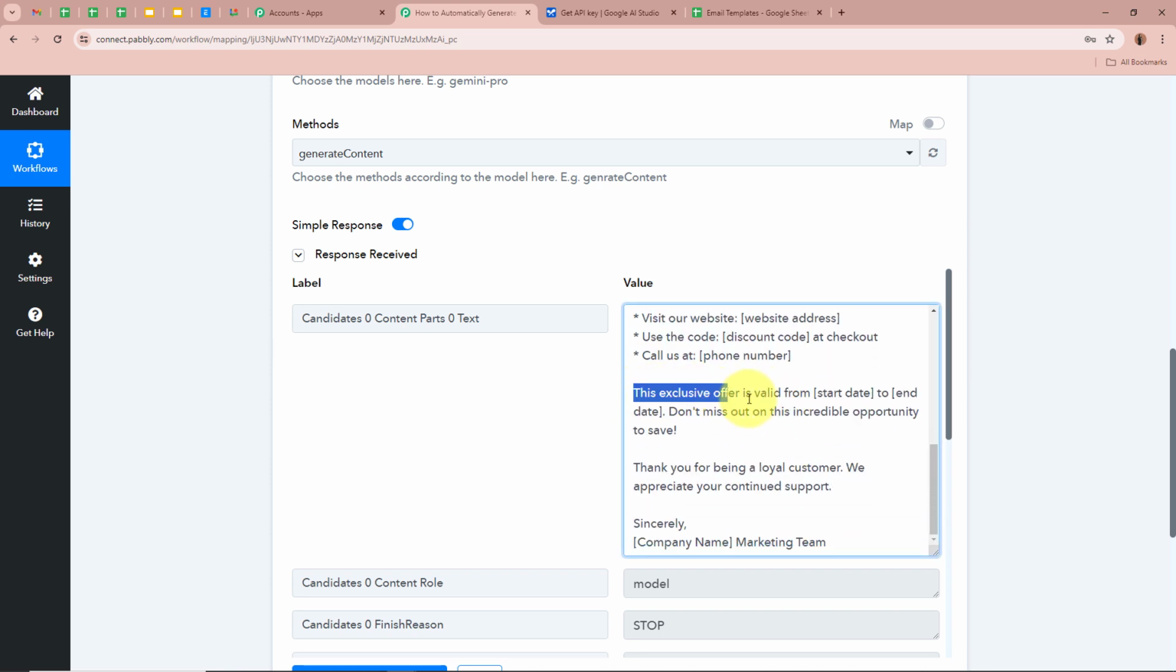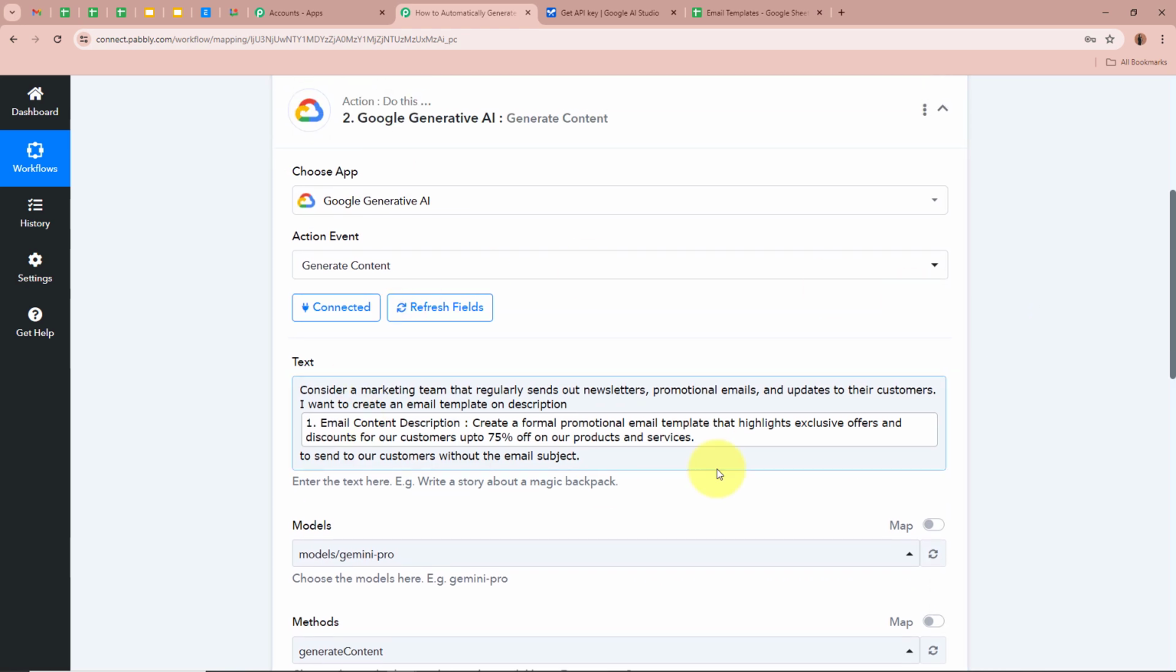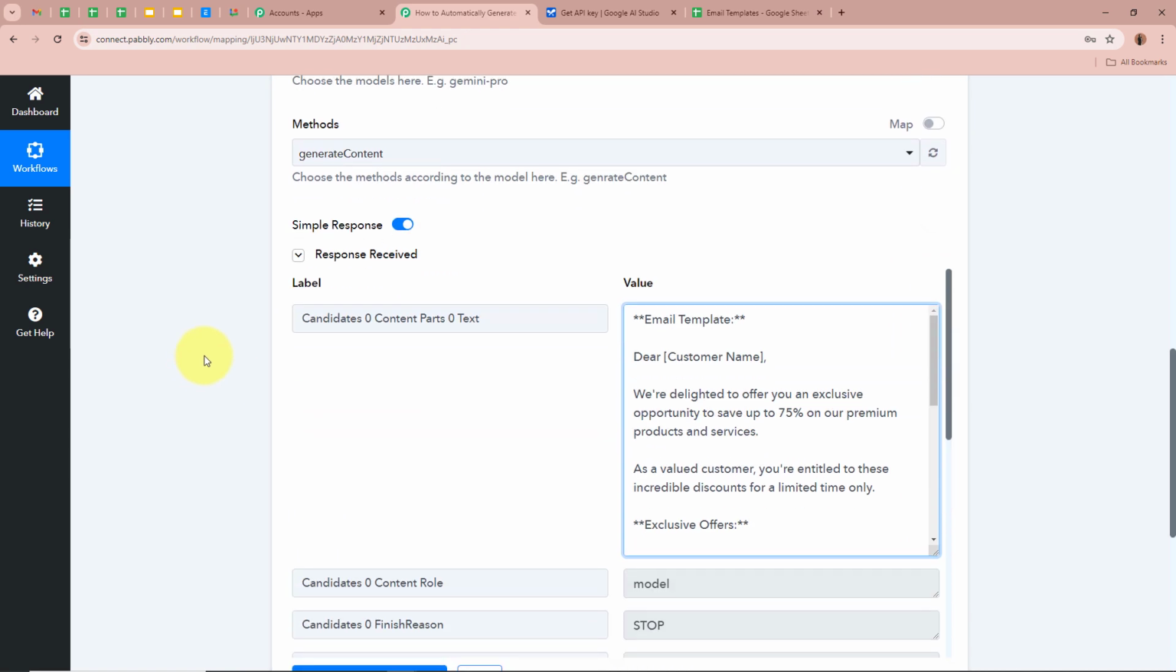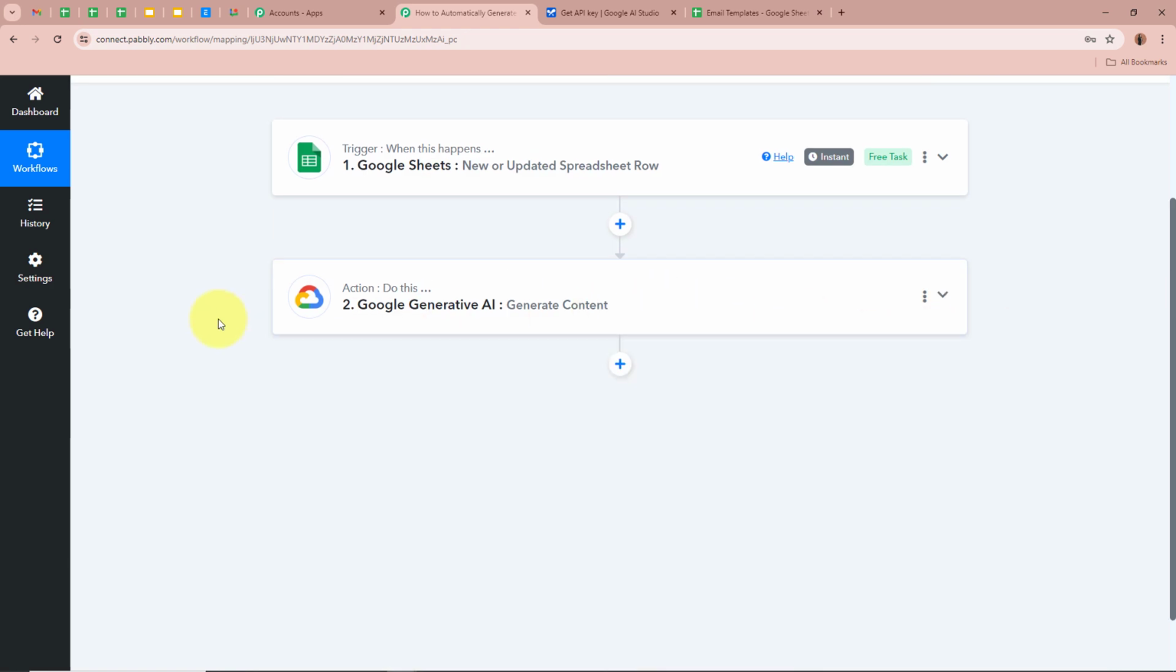It says the exclusive offer is valid from the start date to the end date. Don't miss out on the incredible opportunity to save. Thank you for being a loyal customer. We appreciate your continued support. Sincerely, company name, marketing team. So you can see that this is the email template that has been created with the help of Google Generative AI, that is Google Gemini, for the prompt that we have entered right over here and from our Google Sheets data. So now we have successfully received the email template with the help of Google Generative AI, that is